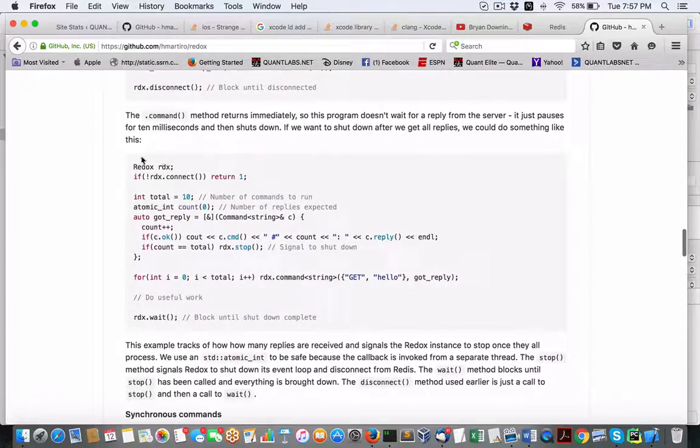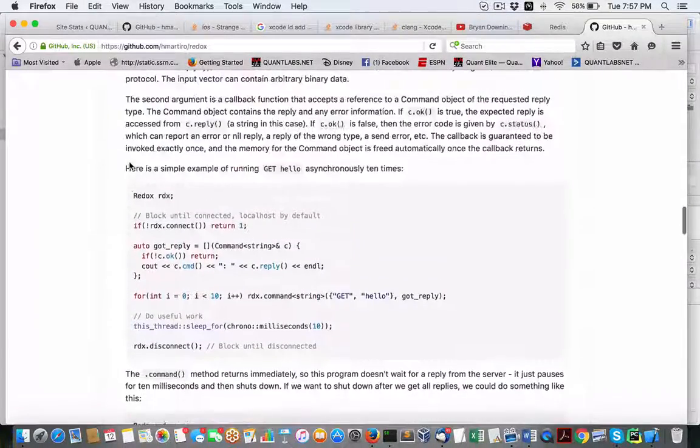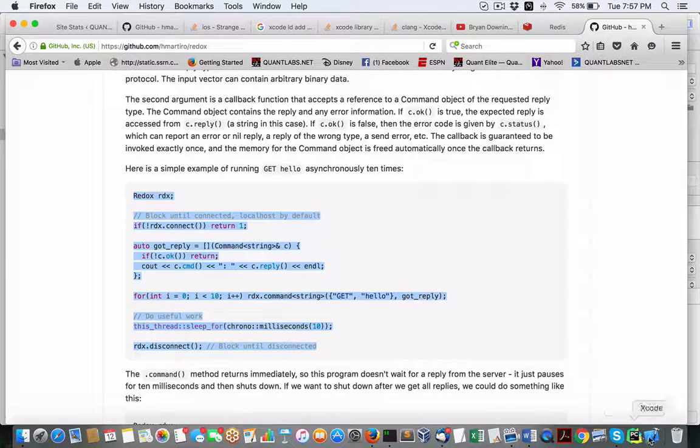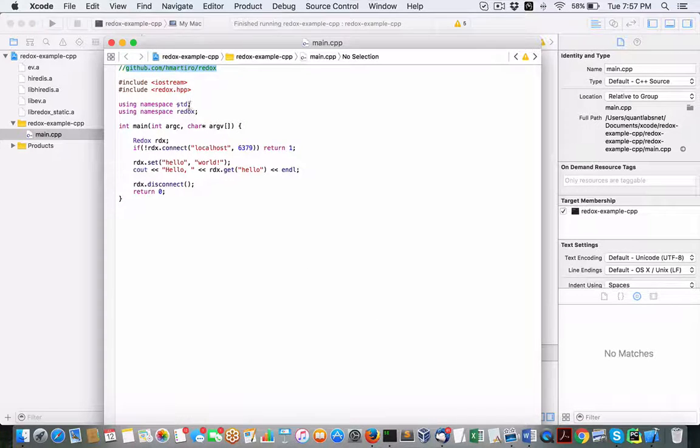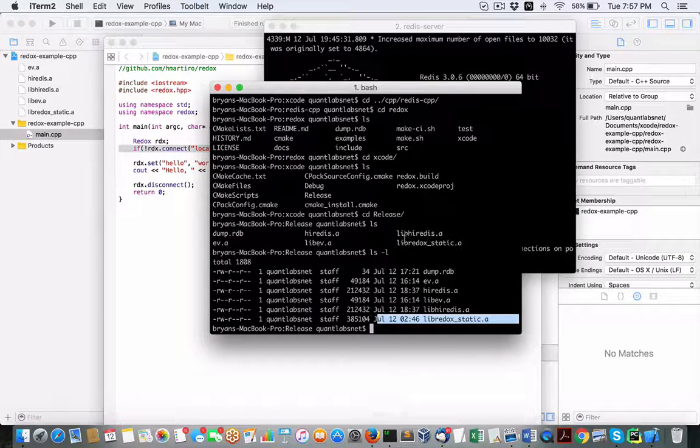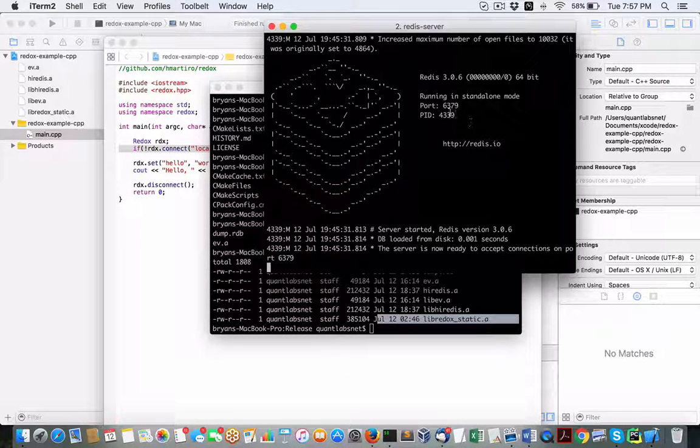Right here. I think this is it. Yeah, this is the simplest one of Redux, hello world. Basically what it does is you have to include the Redux header file. You have to connect into the localhost of your Redis server running, which we've got here, right here, default